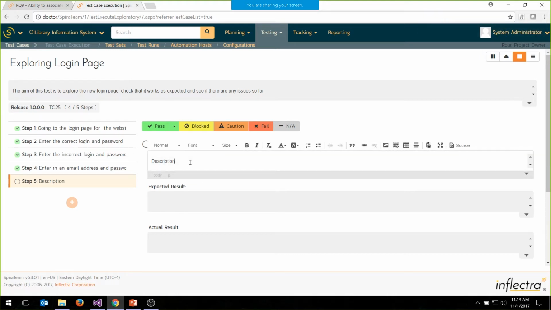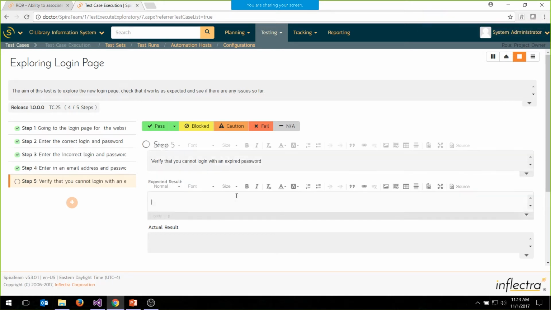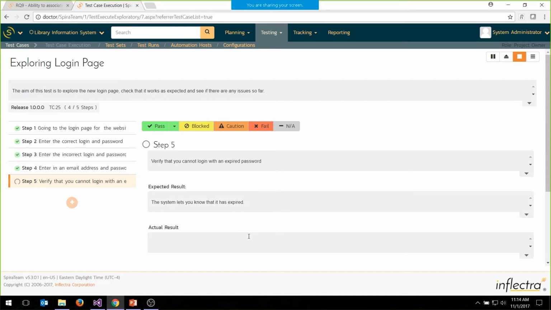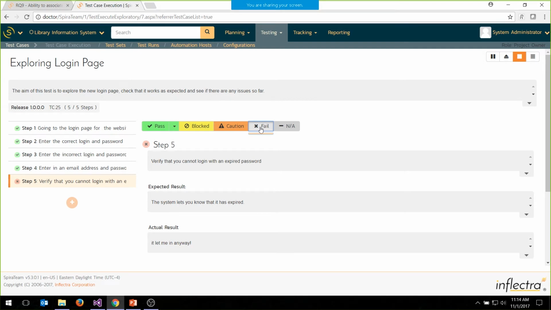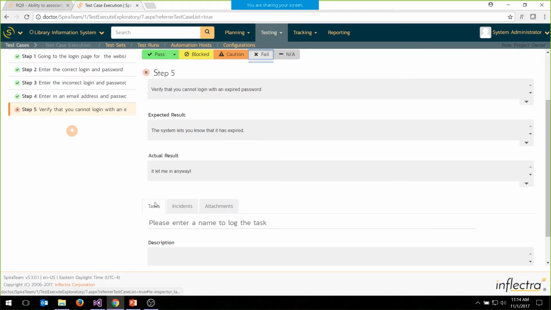So this step might be verify that you cannot log in with an expired password. The expected result would be the system lets you know that it has expired, which would be good. Actual result was it let me in anyway, which would be fail. So you can both pass it, and the other thing you can do in exploratory testing, which is different, is